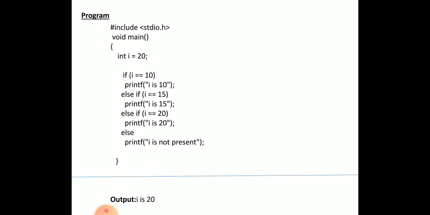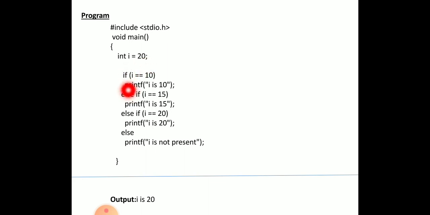So moving on to an example program. We know the first statement of any C program includes the header file stdio.h, and the second statement is void main. Inside the main block we have declared a variable I of type integer and assigned the value 20 to that variable.